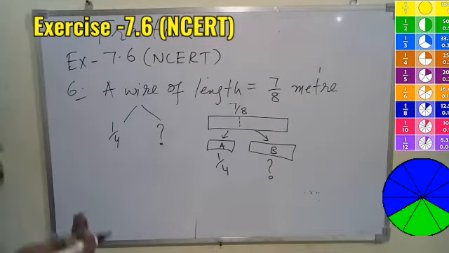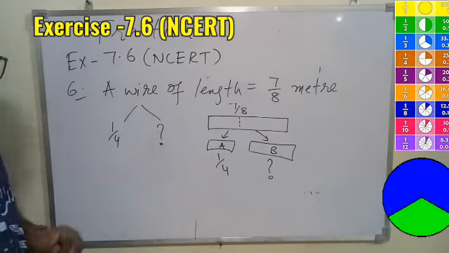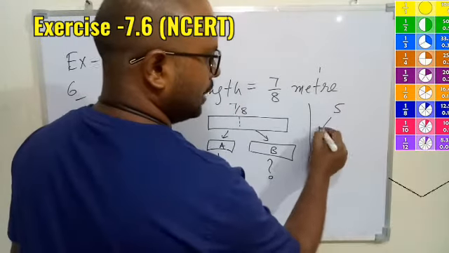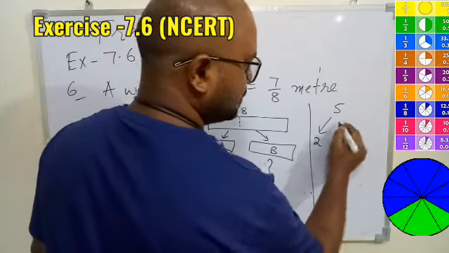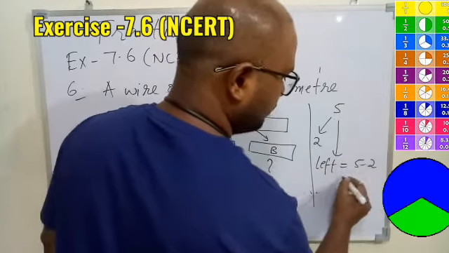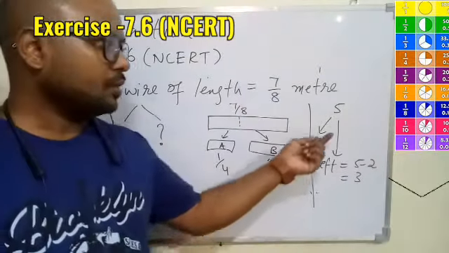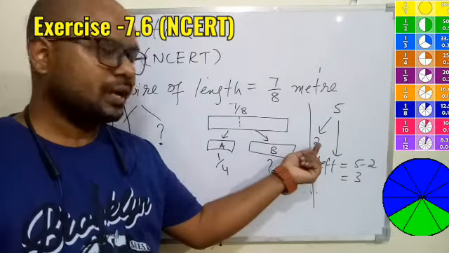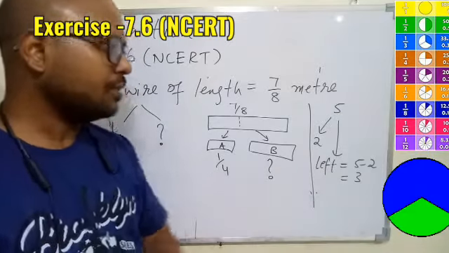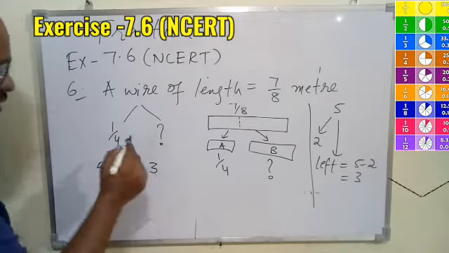So this is very simple. Let's understand properly. If we have number 5 and from 5 you take out 2, then how much is left? You will subtract 5 and 2, 3. That is the simple method we have. If 2 is subtracted from 5, or 2 is removed from 5, how much is left? 3. So how do we write it down? We can write 5 as equal to 2 plus 3.